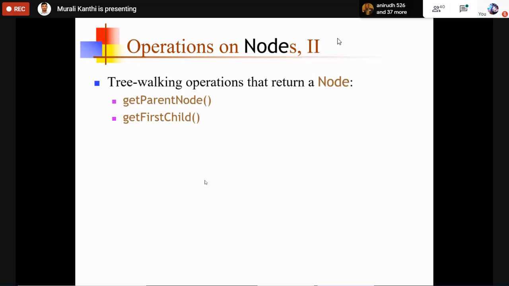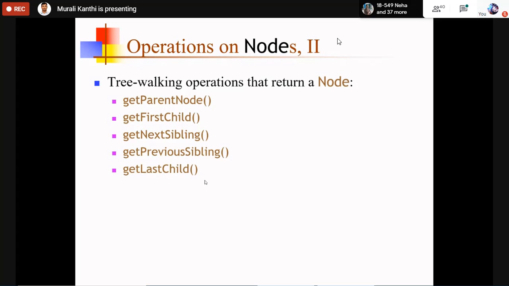There is no more than one element, which is why simply getFirstChild is used. Depending on the document, these methods are used: getParentNode, getFirstChild, getNextSibling, getPreviousSibling, and getLastChild. These are the different methods on a node.